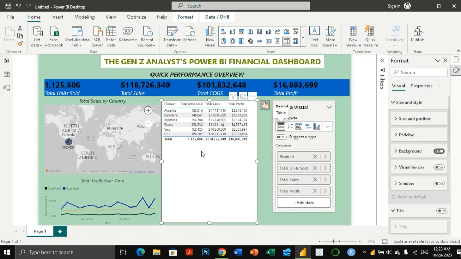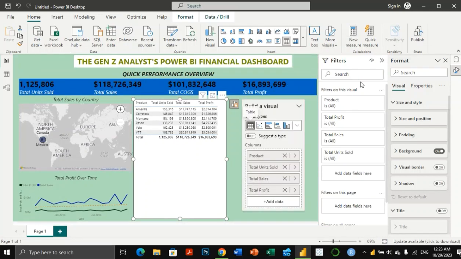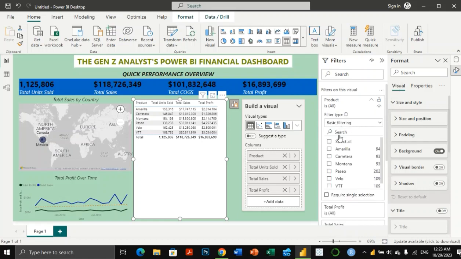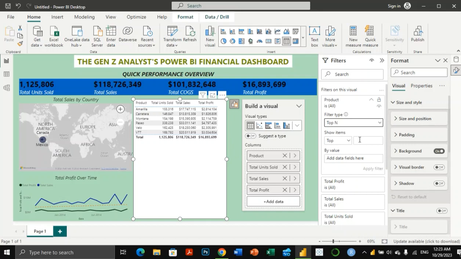So how do we do that? The top 5. So what I'll do is that I'll come to the filters tab here, and we see filters. So I'll come to products, and then from the drop down menu here, I'll expand it, and then I'll go to the basic filtering here. I'll click the drop down, and then I'll pick top N. So picking top N, I'll say top 5,